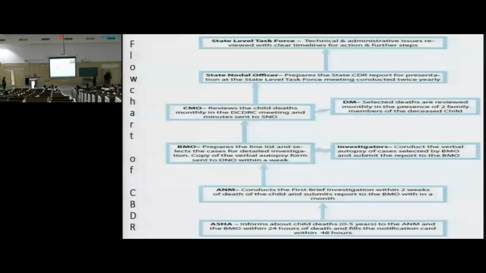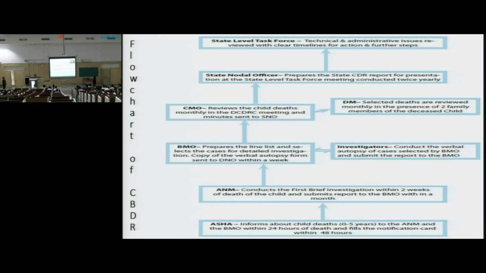Actually, child death is neonatal, post-neonatal as well as under 5. So how we do it, as I have explained, the ASHA informs within 24 hours of any child death happening in our area, and it is actually a dual information. First she gives information to the ANM and the block medical officer also, and the ANM conducts the first brief investigation within 2 weeks, and then she prepares a report and sends it to the block